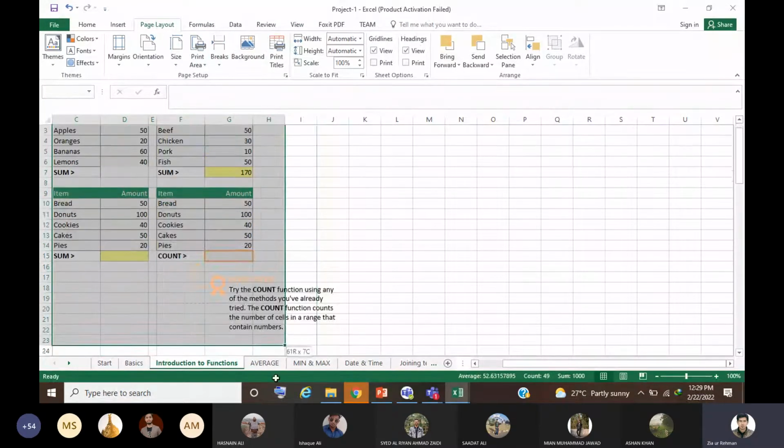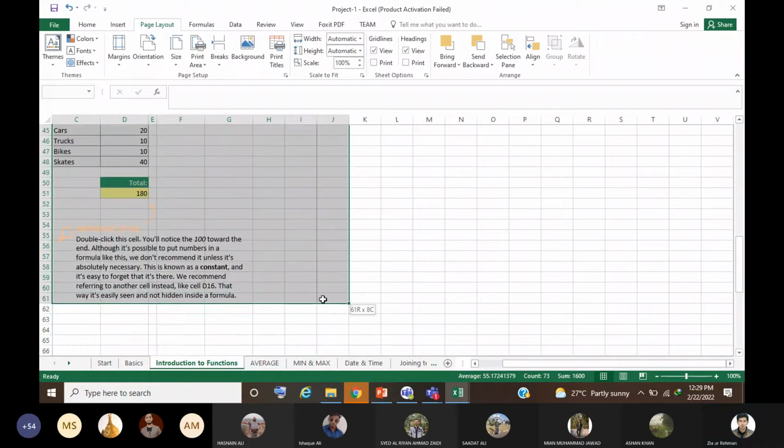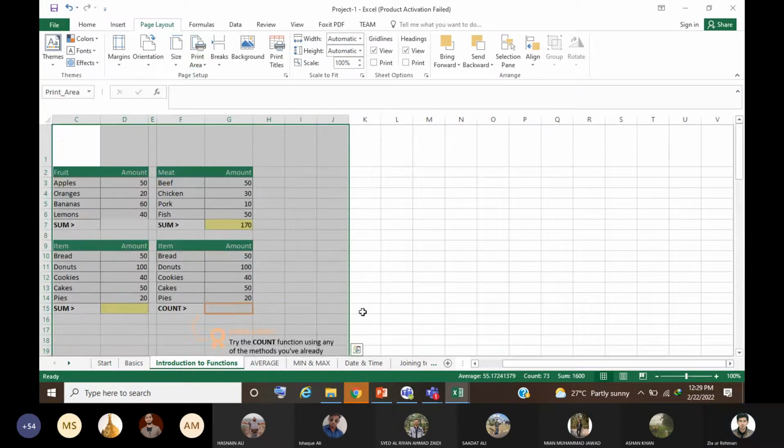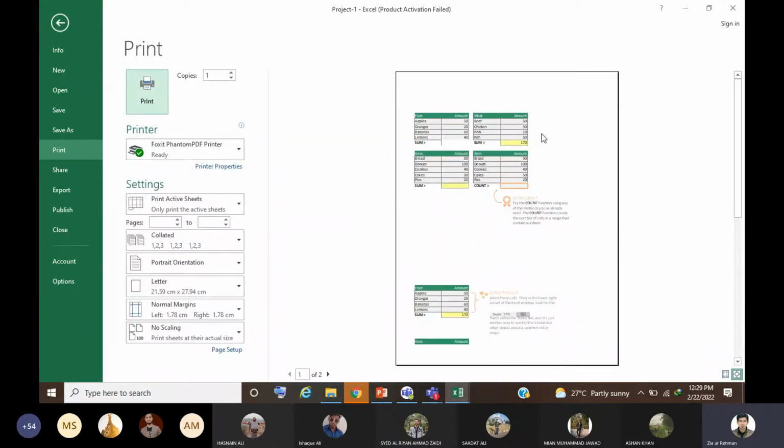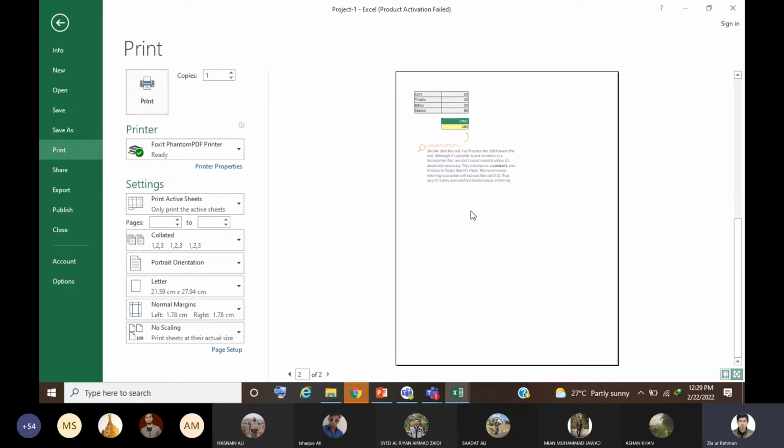Let's say I set it to be a print area. Now you see that whatever I have selected in the print area would come on this page and also on the second page. So you should select the print area and then accordingly you could print it out.